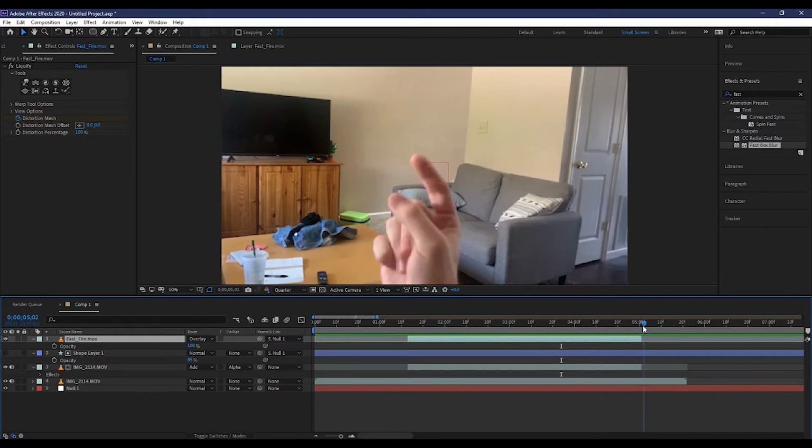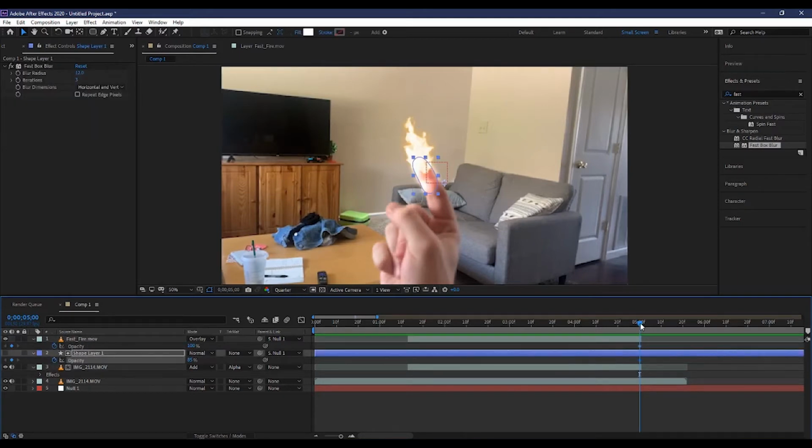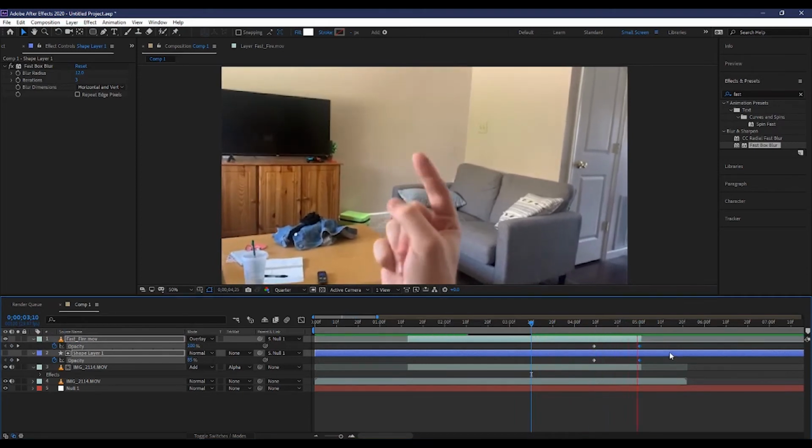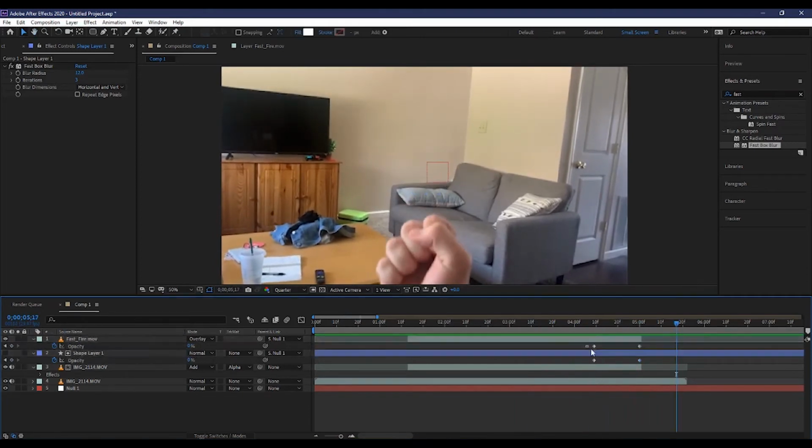Next we're going to be snuffing out the flame at the end. So you want to make sure that you have your opacity keyframed for what you want it to be for the duration of the shot. And then set those keyframes near the end. Go to the very end of your footage and turn it all the way down. If you don't do it quick enough, then it'll just look like it fades away. So if it's a flame snuffing out, you want them to be pretty close together,